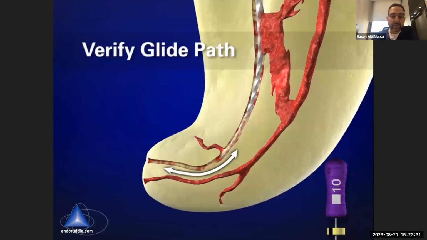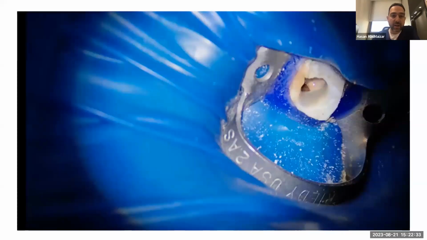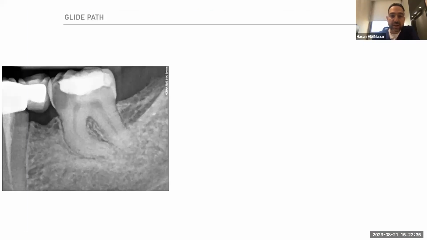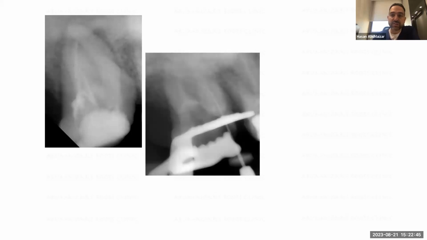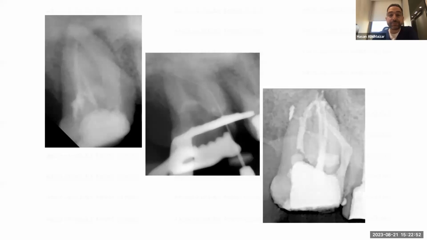place the file. Oh, sorry, that should have been a video. Anyhow, these are a couple of cases where we have slight curvatures, where we have a retreatment over here with a severely curved root, ledge, perforated tooth, and we could achieve very nice results after establishing the proper glide path. And even as I mentioned before, even lateral canals can be negotiated